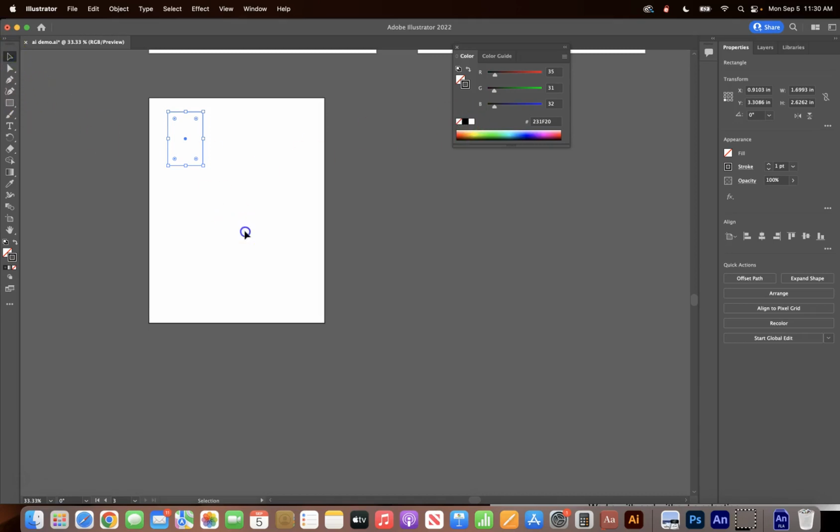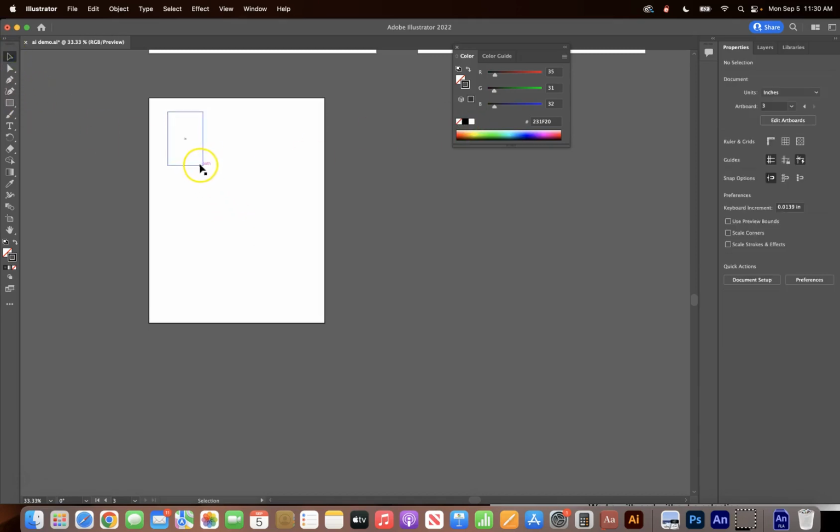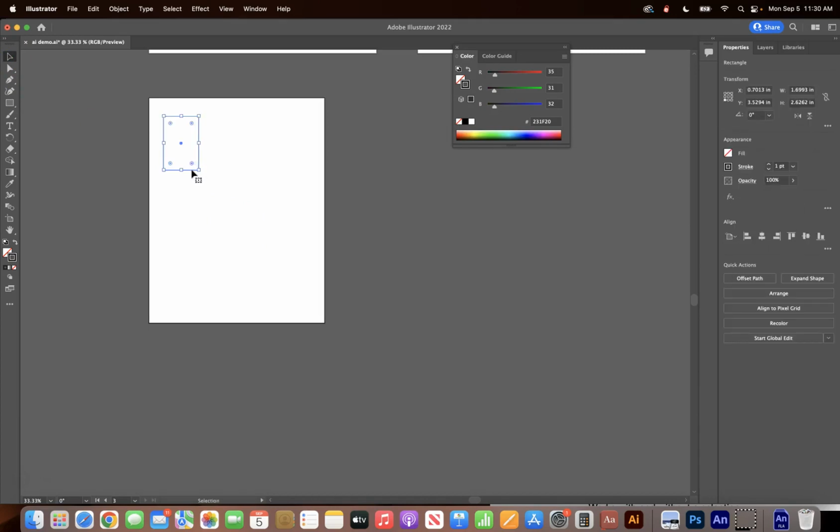Okay, so now that we've got this, let's just kind of move this a little bit so that in our mind we're seeing 9 of these. Now what I'm going to do is click and drag but hold down the option key, and I can also hold down the shift key to help lock the constraints in. And let's say that's pretty good right there. I'll release the mouse, release the shift and the option key,